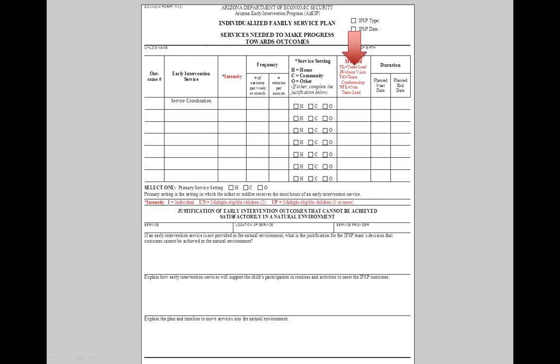Team conferencing refers to team members who are part of the family's team but may not be visiting the family directly. Non-team lead refers to a service provider who is providing a service to the family but is not the team lead in the team-based early intervention services and is not providing the service through joint visits with the team lead. For children served by DDD or ASDB, non-team lead is the method that will most frequently be entered for all providers.